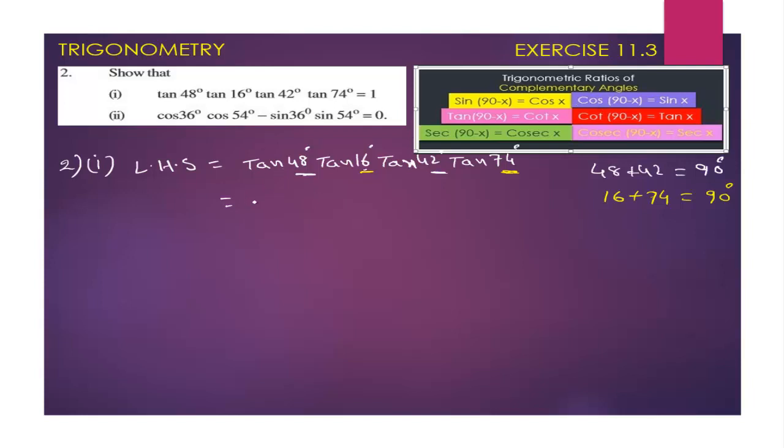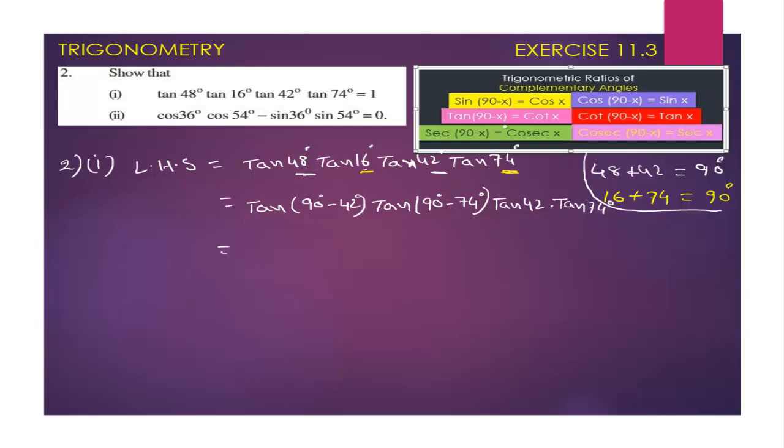Here tan 48 we can write as tan of 90 minus 42 degrees, and tan 16 we can write as tan of 90 minus 74 degrees, into tan 42 into tan 74 degrees, that equals,